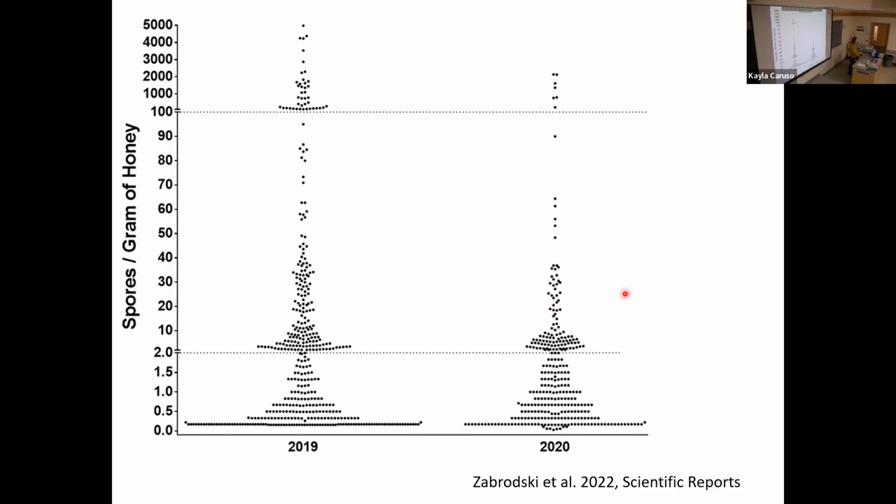We had, again, 52 different beekeepers participate in this study in 2019 and 2020. We literally just cultured their honey samples to determine their spore level, and we grouped them into risk categories. We considered beekeepers with 2 spores per gram of honey or less to be low risk for an outbreak of American foulbrood, those between 2 and 100 spores per gram to be at intermediate risk, and those at more than 100 spores per gram to be high risk for